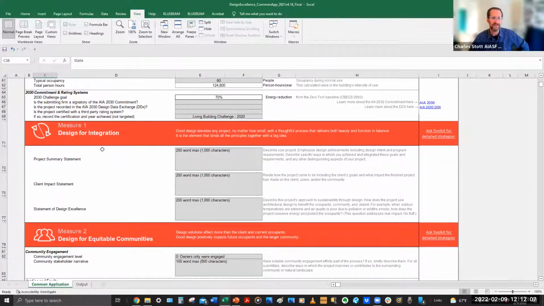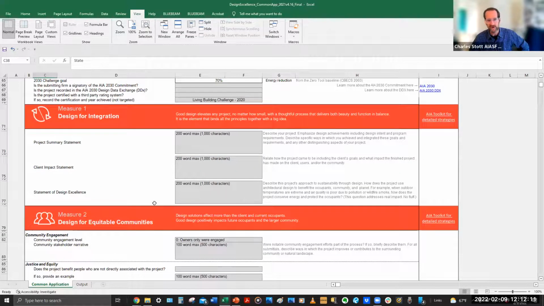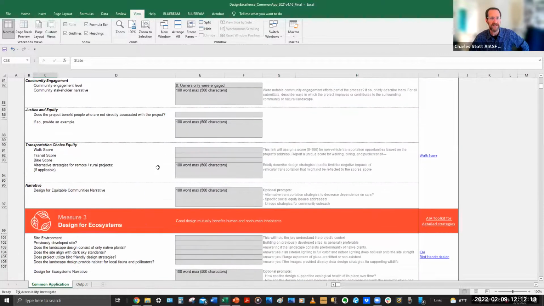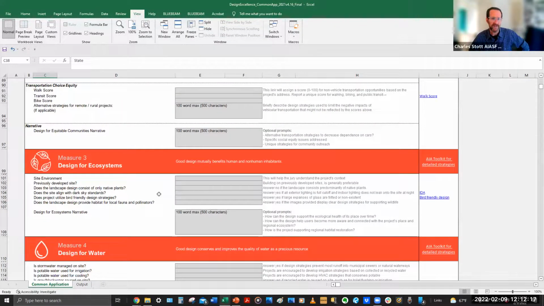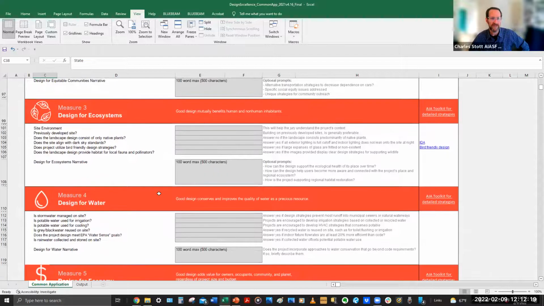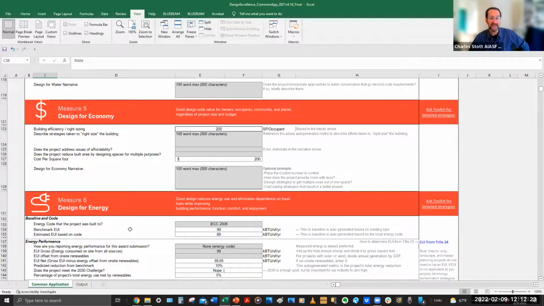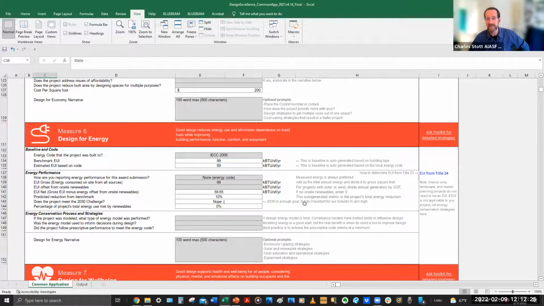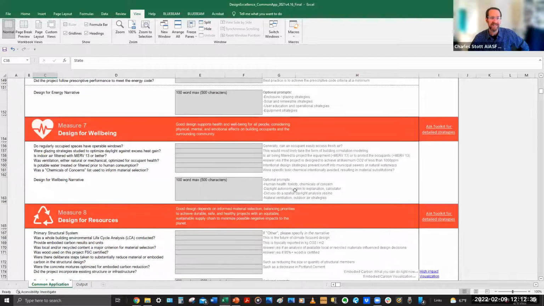The 10 measures are: design for integration, which is really more all narrative based, and then equitable communities. The third one is design for ecosystems, and then the fourth is water. Fifth is economy. Sixth is energy, and this is where your EUI comes into play, and we'll talk a little bit more about the details there in terms of what EUI is and where you get it and need to put it in here.